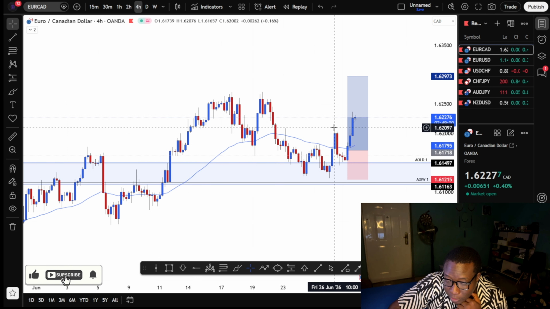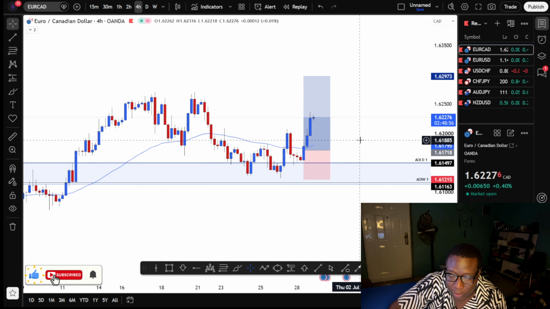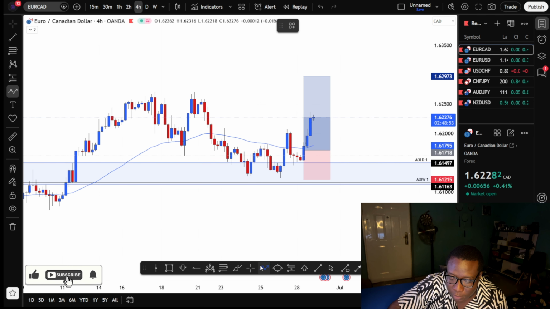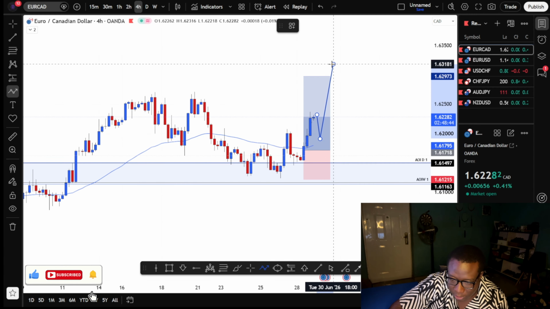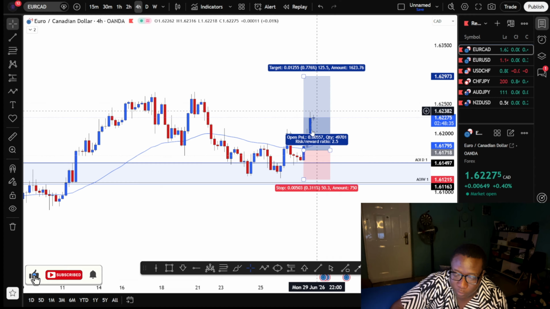So basically, what I'm going to be looking out for is on the 4 hour time frame. If we're going to be having a pullback, we're going to be having a pullback probably into this area here or deeper before continuing to the upside. But if we don't have that, we'll be expecting the market to go directly to our targets. But nevertheless, maybe I might be moving my stop loss